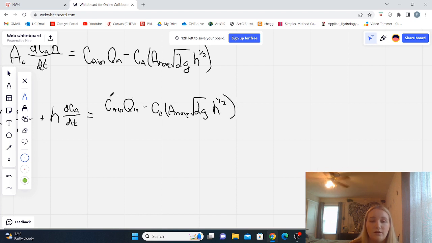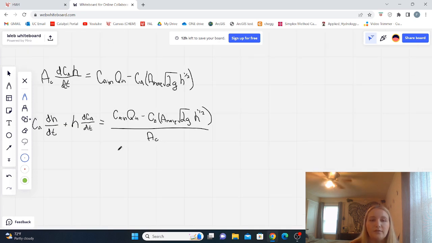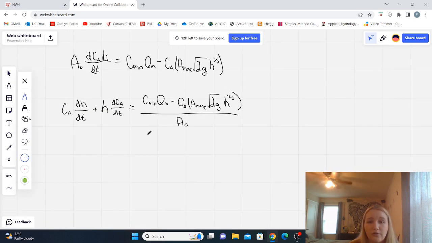And then this is all going to be over the cross-sectional area, A_C. Now, taking a look at this, we've already solved for our dh/dt, so we can actually plug that